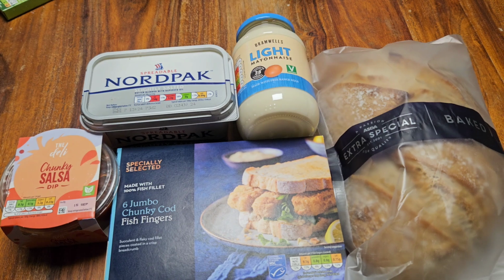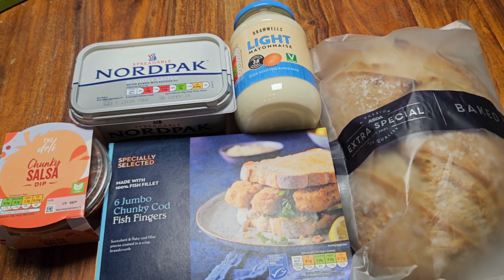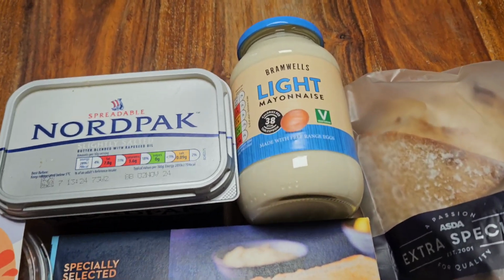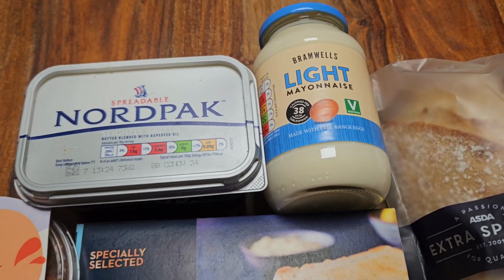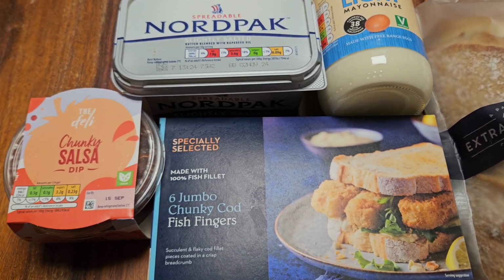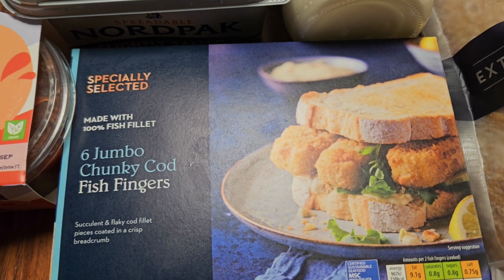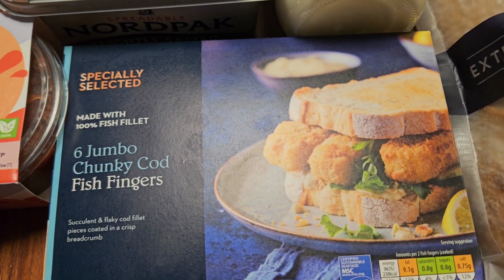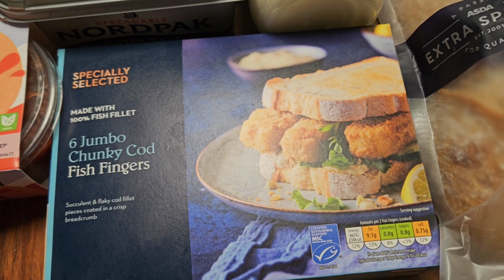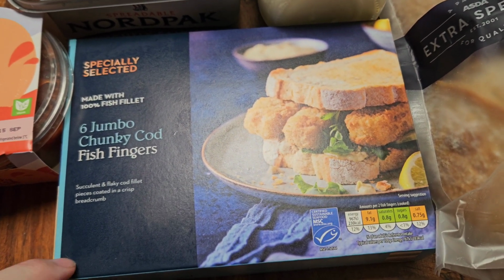Okay folks, so ingredients, it can't really be any simpler. I've got some sourdough bread, some light mayo, some Bramwell's there, out of Aldi. I've got a little bit of Nordpack, some chunky salsa, and I've also gone for Aldi's 6 jumbo chunky cod fish fingers. Now I was debating about which ones to get, and it turns out Bird's Eye's chunky